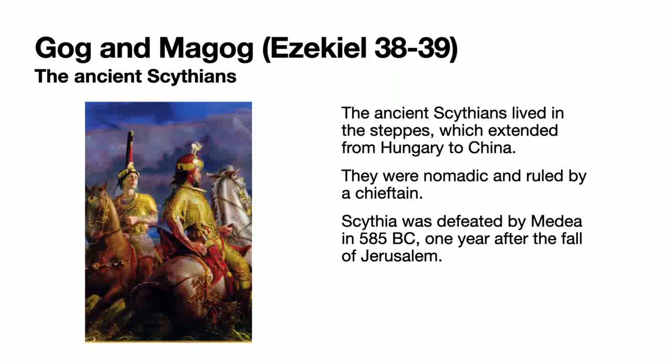Why is this important? Because in 586 BC, the nation of Judah is left in ruins, and the poorest people are left in the lands. Their villages and cities are unprotected. The walls of the major cities have been destroyed. The people in 585 BC, a year after the Babylonian captivity, are completely defenseless. And it's exactly at this time that Scythia presents a threat to them, but that threat is ultimately eliminated by